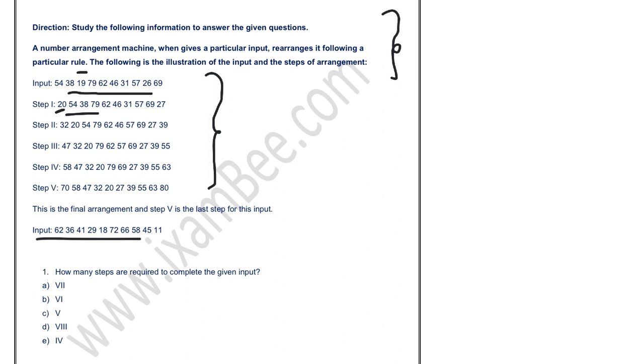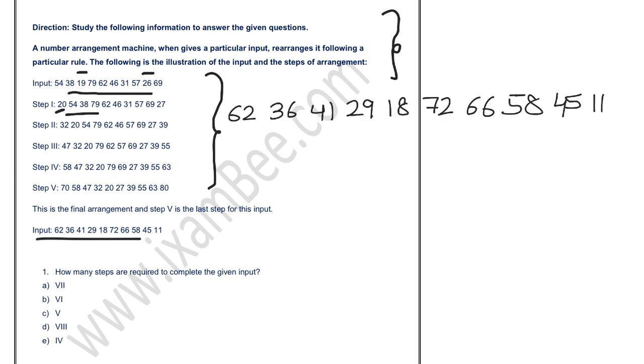right? Then simultaneously you have to arrange the second smallest number. The second smallest number is 26 over here and it is arranged at the extreme right end by adding 1 to it. So you have to shift two numbers in one step and you have to perform the same logic until all the numbers given over here are arranged perfectly. So you have to apply the same logic to this particular input as well. So I'm writing the input over here. So this is your input and you have to apply the same logic which I have explained just now,